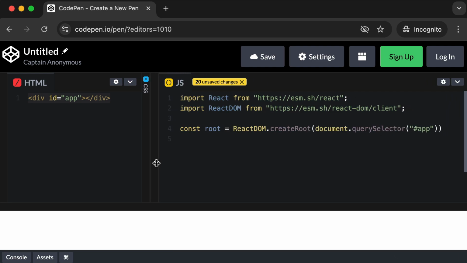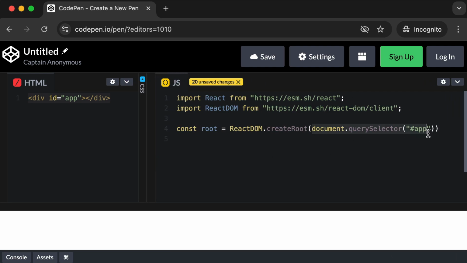Now that particular code that we just typed in, and this code that I'm highlighting right now, this has nothing to do with React. This is just standard or universal JavaScript that lets us select an element. But now that we have selected that element and told React which element should be the root for our application, now we're ready to actually render something. So on a new line, we can use our root variable. We just say root, and it has a method called render that we want to call. Now in these parentheses, we just spell out what we want to render. And the React way of doing that would be to just say